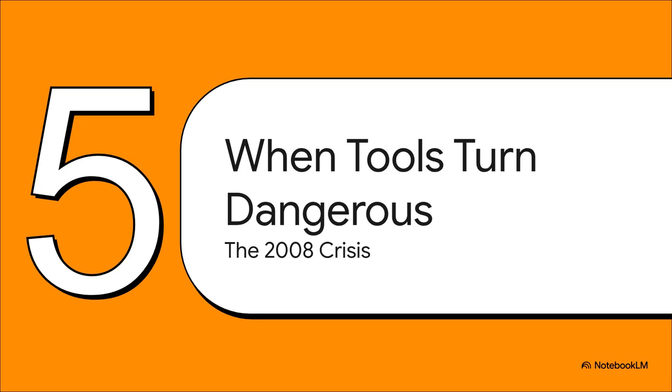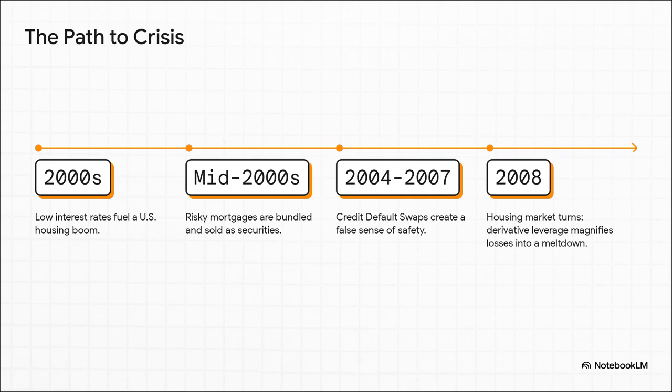So you've got this immense scale, right? And you combine that with incredible complexity. Well, that means that when things go wrong, they can go catastrophically wrong. And that, of course, brings us to the dark side of this story, the 2008 global financial crisis. This timeline here is a perfect storm. It shows exactly how a useful tool can turn into a weapon of financial destruction.